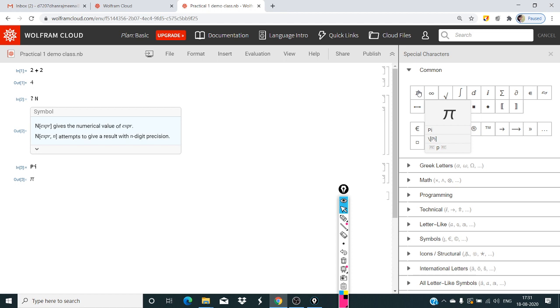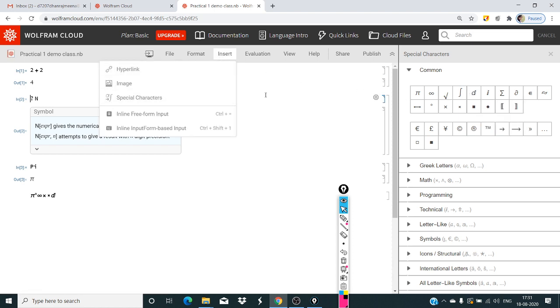that is to type pi on your screen. What can you do? First press ESC, then write P, then again ESC. So this is the shortcut. So that means it will show all the things about pi. And when I click pi here, you can see a pi will appear on the screen. So this is how you can use this thing. For example, I want to use this under root, integral, d sine. So many things you can do using insert and then special characters, right?